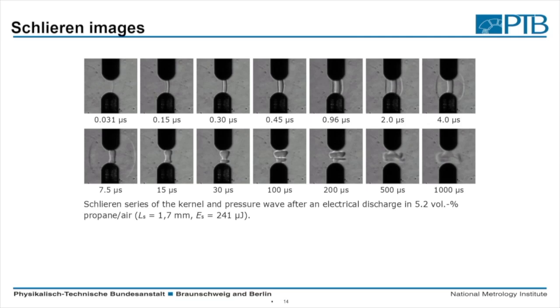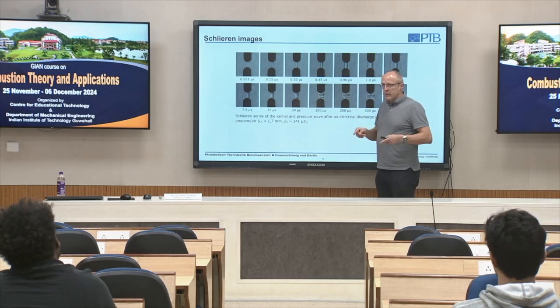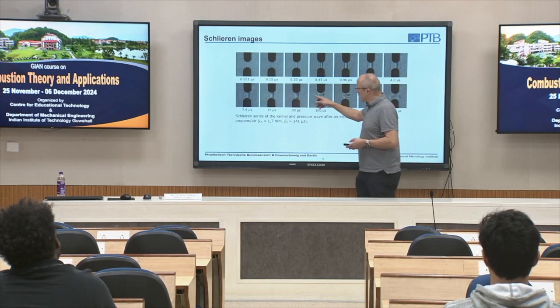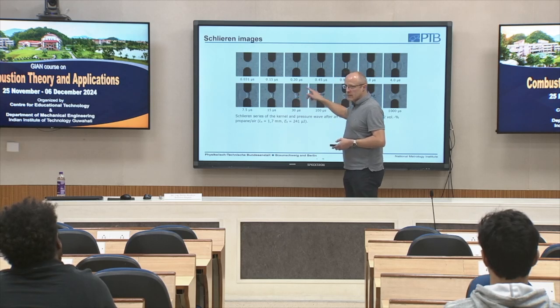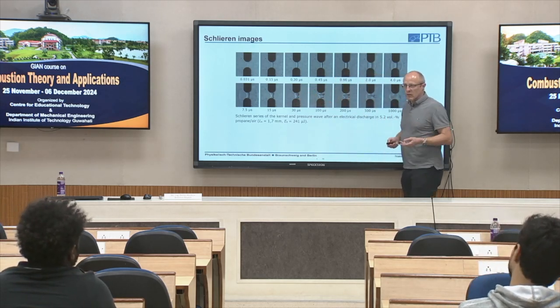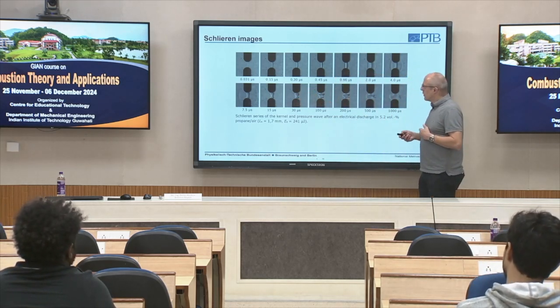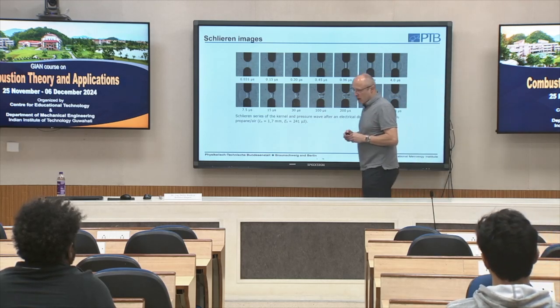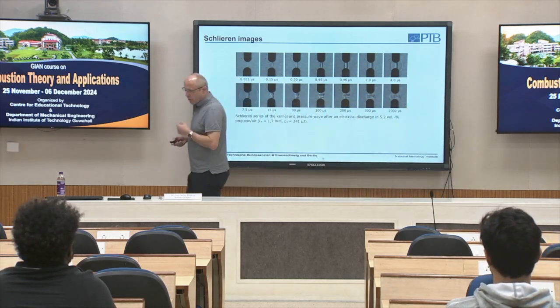Then after 50 milliseconds, you see here a deformation of this hot gas kernel. Again, there is no electrical plasma anymore. This is just hot gas we see, and you see here how this is changing. Then we have plasma-induced vortices. So the cold gas mixes with the hot gas, and this, of course, also has a strong influence on the combustion process. This is something which I will point out later in more detail.